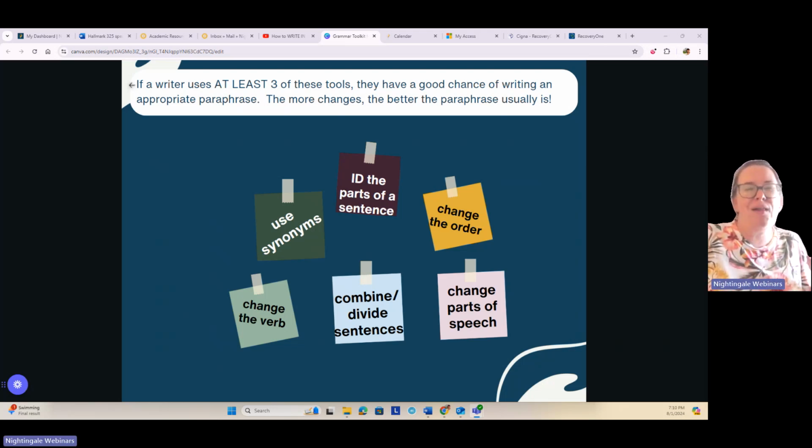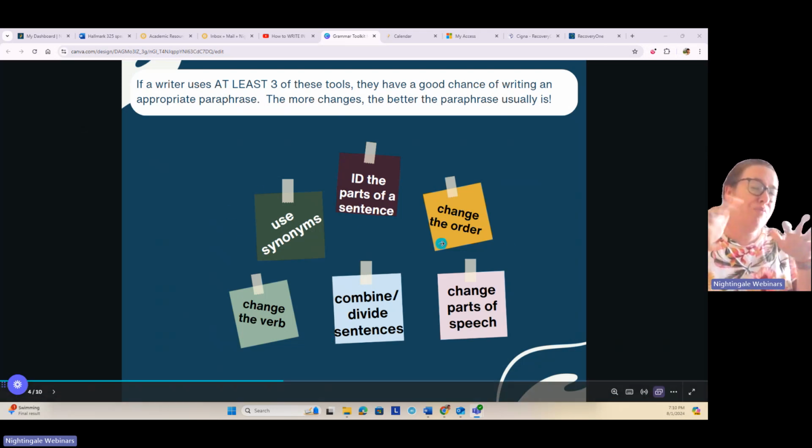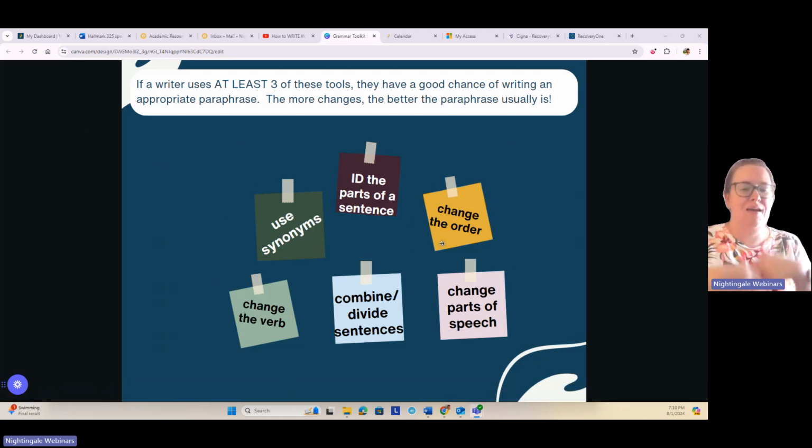If we say, okay, well, I changed the sentence using 3 of these different tools, then that's probably a pretty good paraphrase. And the more changes we can make and it's still correct and it still matches the meaning, then that's like the better the paraphrase probably will be.